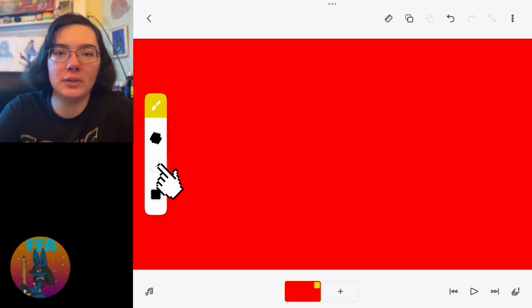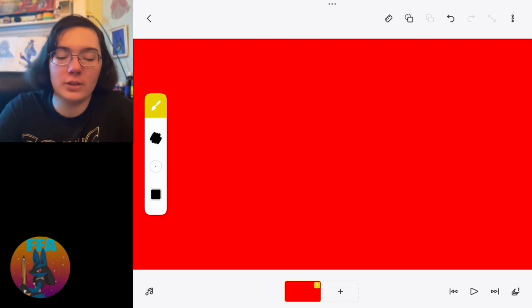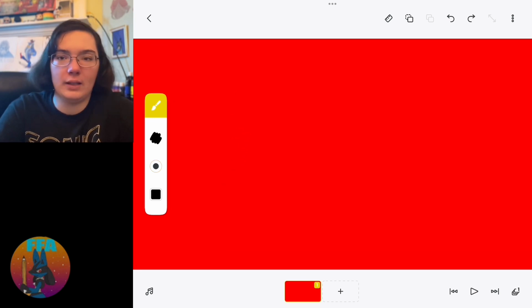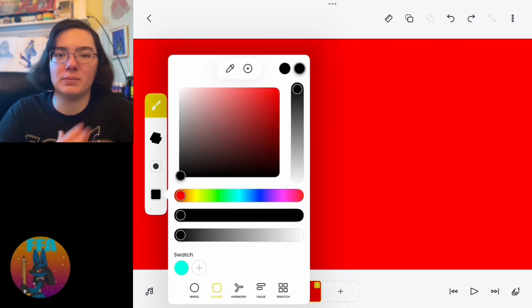So now if you hold down on the middle button, you're going to be able to adjust the size of your brush. If you go up, you're going to make the brush bigger. If you scroll down while holding it, you're going to make the brush smaller. And lastly, if you tap the little color icon at the bottom, you're going to be able to change the